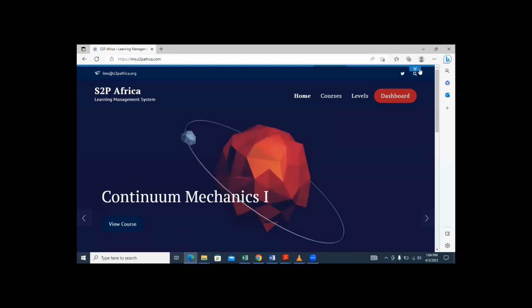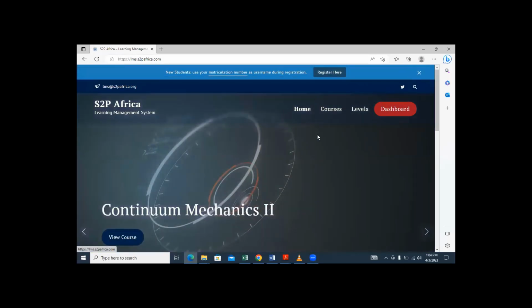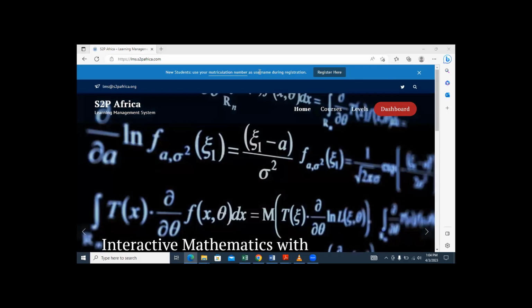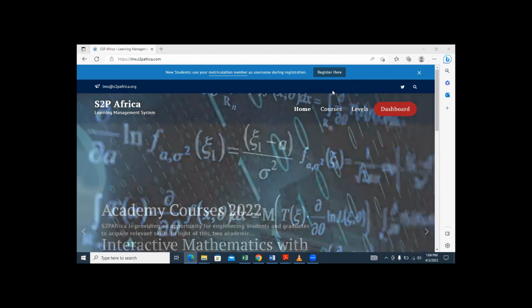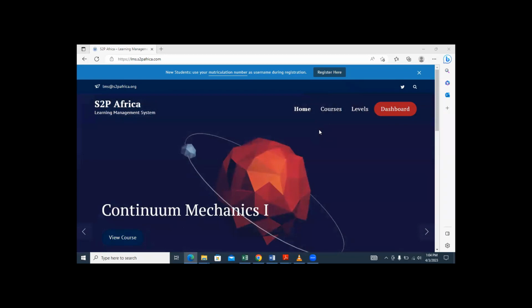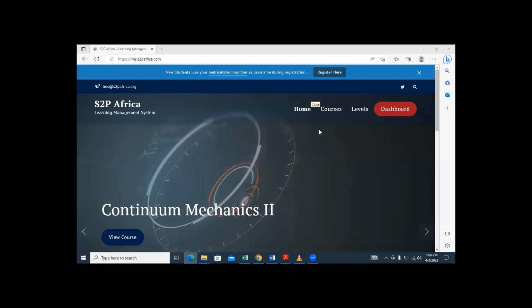So I'm logged in. This is register here. I don't know if you could see at any part at the side of your board, there should be a login. I'm trying to get the challenge that you're having. Oh, so if you're already logged in, don't worry about it. What it means is that next time when you are coming back, because you registered already, it's already taking you as logged in. So what I want you to do now, Fisayo, and for every other person that might be having the same